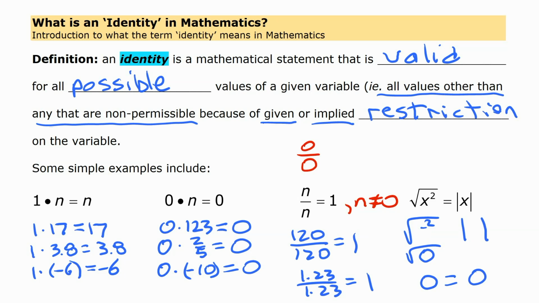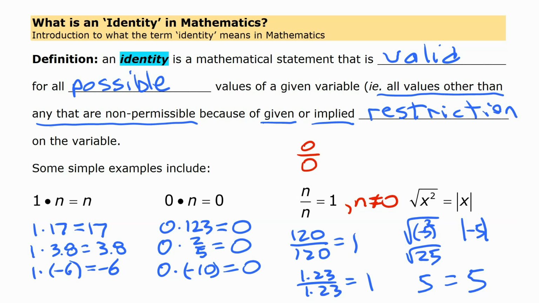Even a negative number in here, if we put a negative number in there, I'll get rid of all those zeros. Let's just try negative 5. Negative 5 on that side. Negative 5 squared is positive 25. You square a negative number, you get a positive. So square root of 25 is 5. So we get a positive 5 there. And on the other side, absolute value of negative 5 is positive 5. Now that's just 3 different examples of numbers that work there, but you'd find any number you substitute in there,